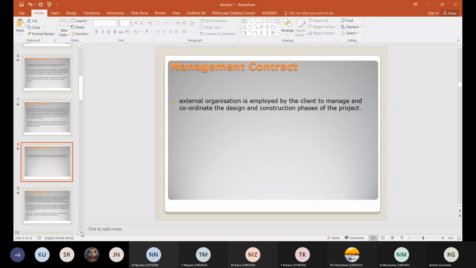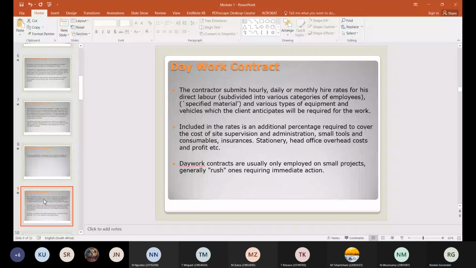And the day is straightforward. The contractor would work on a daily basis. He'll say, "10 labor today, this is all the materials that were purchased, that's the plant that I used," and so on. The contractor gets paid based on what was executed for the day, right? And then tomorrow, whatever he does, he gets paid for that. The following day, if he doesn't rock up because obviously there were no materials on site or something, he won't get paid for that day. That's how the day actually works, right?